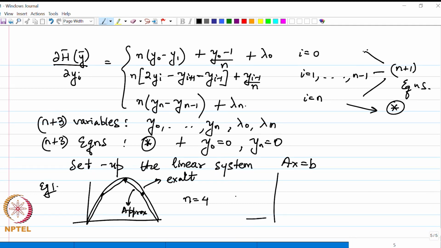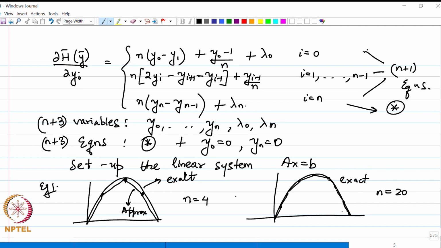However, if we do the same exercise comparing with the exact solution with, let us say, a higher number of grid points, let us say n equal to 20, we see that the solution is much smoother and closer to the exact solution, right. That is just what we have got through the numerical output. So, the moral of the story here is, the finer the grid, the closer is the Euler's finite difference solution to the exact solution, right.